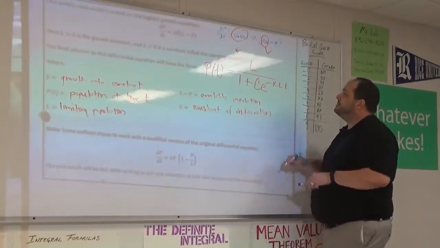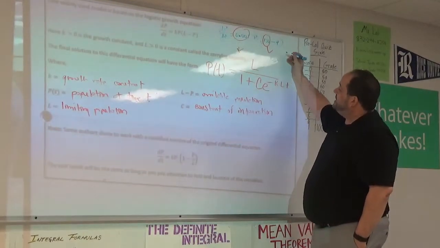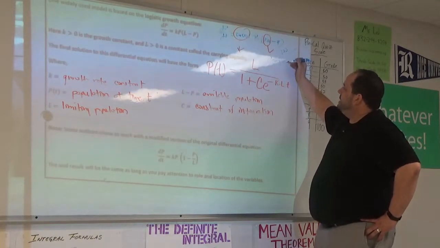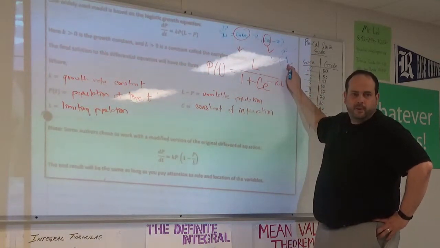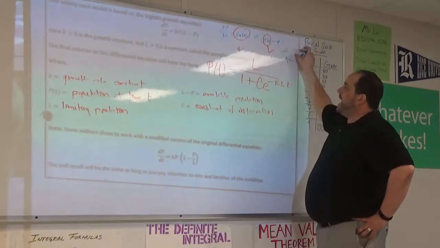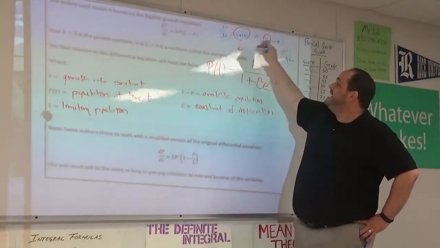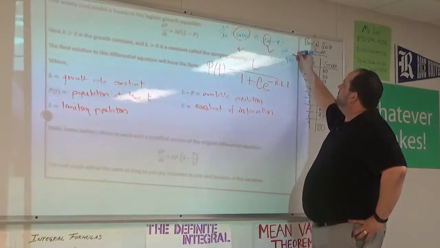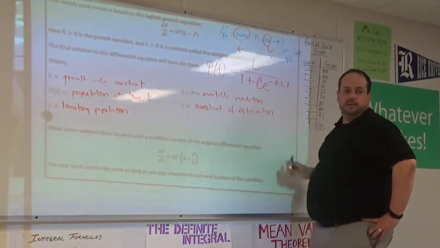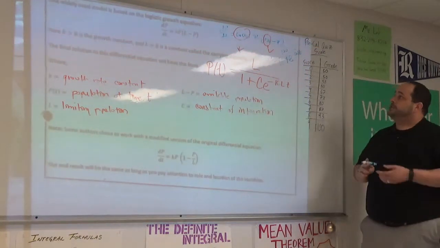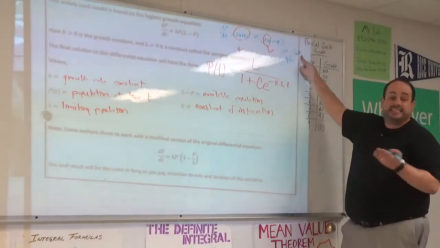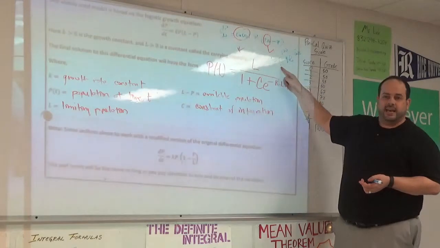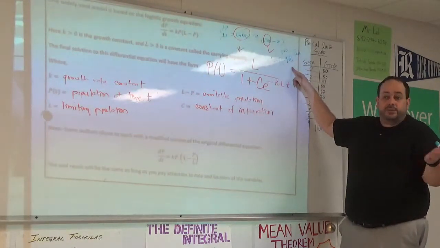But if I remember this correctly, our final equation was P equals 100 over 1 plus 9, and that's where we had to do a little bit of work, and then it was e, and then the exponent, it's this guy times this guy. So 0.001 times 100 is negative 0.1 t. And the way we checked it, we said if t is equal to 0 at time 0, this guy here is 1, times 9 plus 1 is 10, 100 divided by 10 is 10, and we started with 10 grizzly